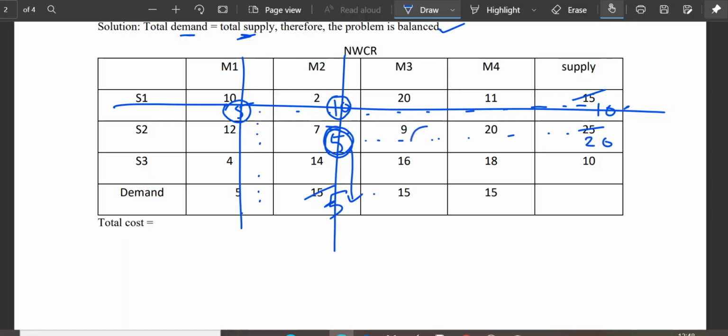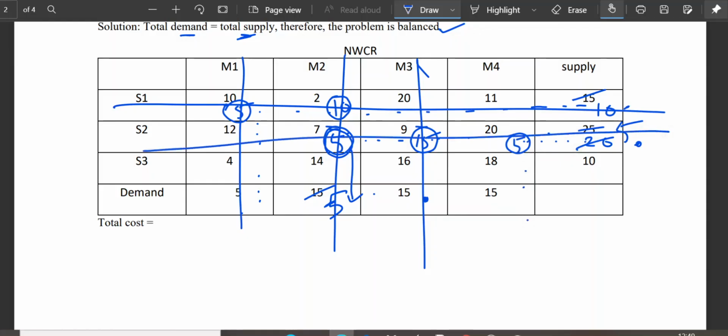Right? Now the next corner is this one. For this the demand is 15 and the supply is 20. So take the minimum, 15. So cut it from here, take the difference on the other side. Right? Now the next corner is this one, 20. So take the minimum of demand and supply corresponding to this 20 here. So it is 5 here, it is 15 here. So I take 5, just cross it, take the difference on the other side. Now the only cell left is this 10. So I will take 10.